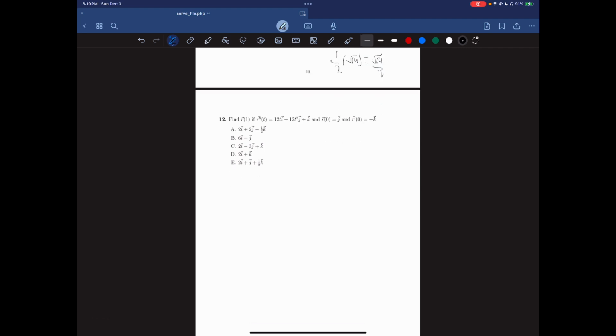Number 12, find r of 1 if r double prime of t equals 12t squared and 1. And I'm just saying that in regular vector notation. And r of 0 equals j, and r prime of 0 equals negative k. Okay, I always like rewriting it in angle notation, so like that, and